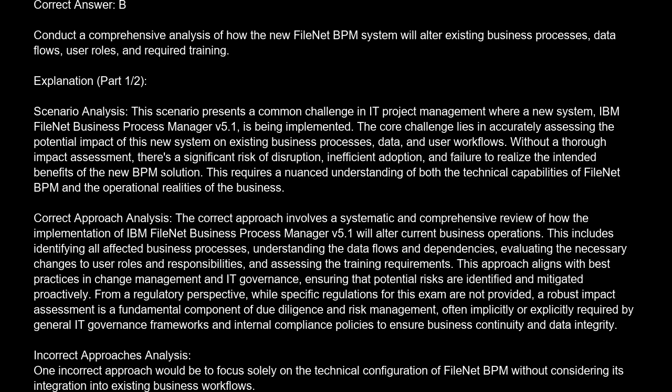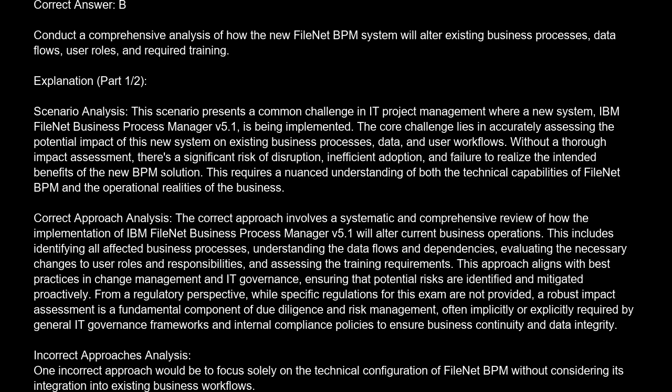Correct approach analysis. The correct approach involves a systematic and comprehensive review of how the implementation of IBM FileNet Business Process Manager v5.1 will alter current business operations. This includes identifying all affected business processes, understanding the data flows and dependencies, evaluating the necessary changes to user roles and responsibilities, and assessing the training requirements. This approach aligns with best practices in change management and IT governance, ensuring that potential risks are identified and mitigated